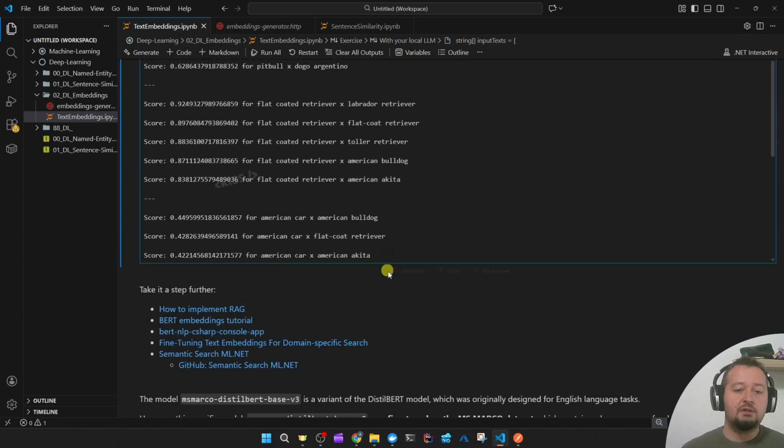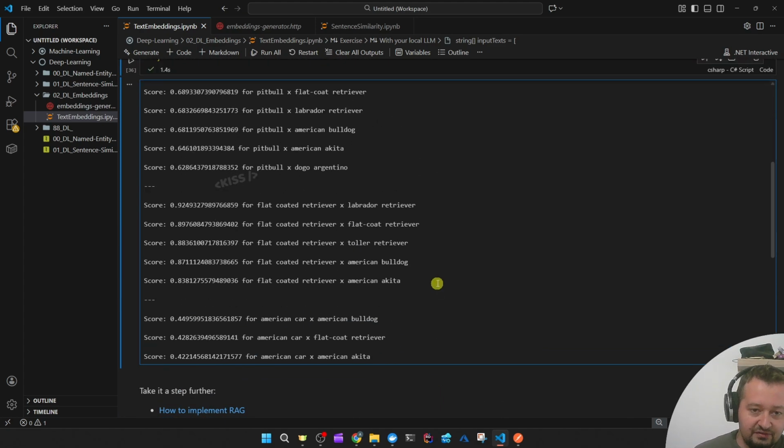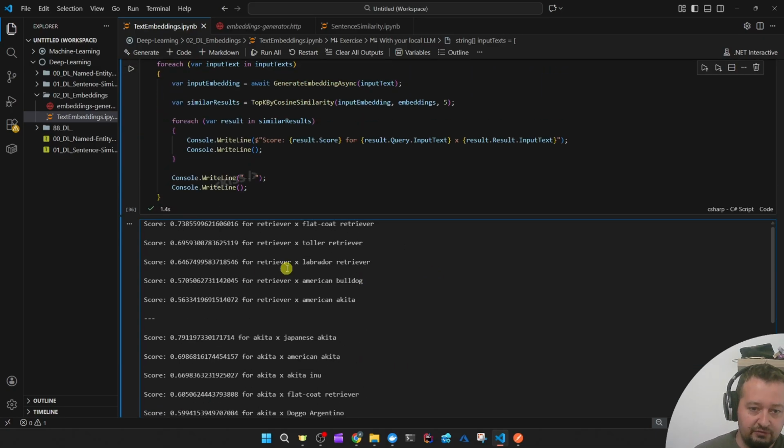So now we have these embeddings, and we can fairly simply compare them to other embeddings to find the similarity. So we could cluster them and probably find clusters with the most similar embeddings. We could even, if necessary, which I don't think it's necessary, train another model to simply classify based